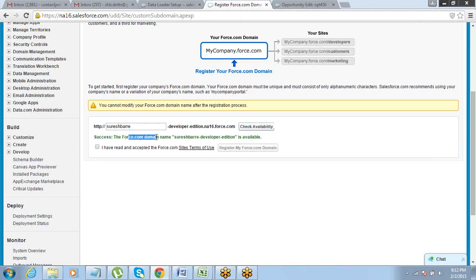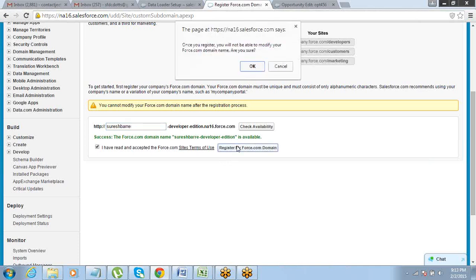Yeah, it's available. So just say yes. Sometimes it might not be available, then you just change the name and try to find what is available. The way we set up our Gmail account and all, same thing. So now this domain is going to get registered for you. They're going to register this domain for you. This is more of a subdomain. It's called a subdomain. Okay. So the subdomain is going to get registered for you. You just need to click on register my force.com subdomain.